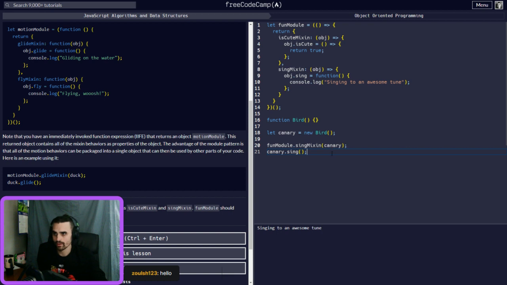in an awesome tune. So now we've added the sing to it, and now we can also add a mixin. So fun module dot is cute mixin, right? Canary, right? We're adding these to it. Canary dot is cute. And the only way to see that, you'd have to do a console.log.